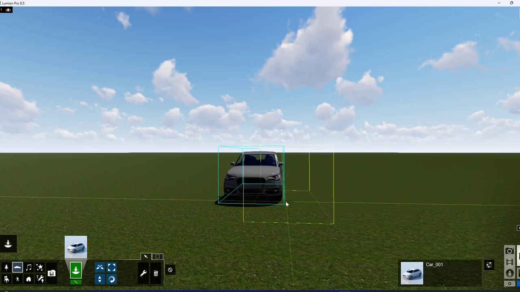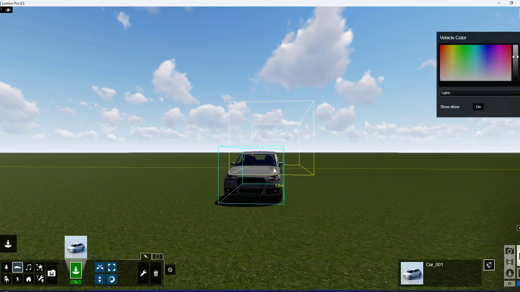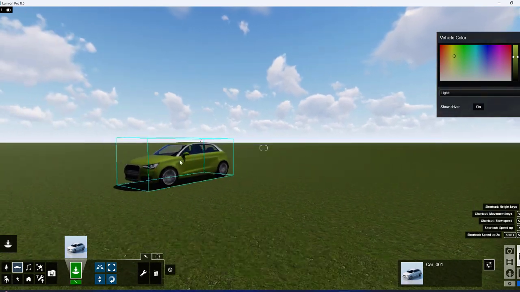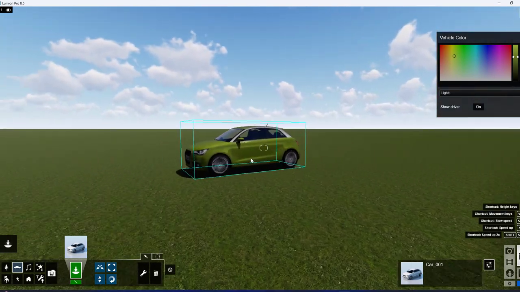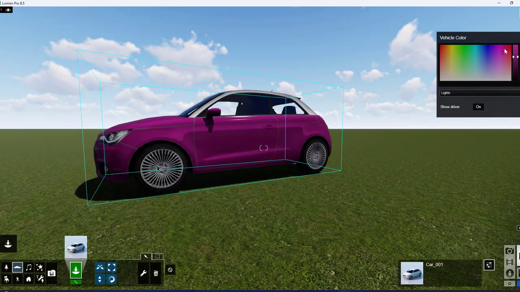Along with this, we have extra properties or more properties. Just at the right portion we have the show more properties option. Click over that to change the color of the car like this. I'm just moving the camera a little to get a better idea. So this is how you can change the color of the car, whichever one you want.